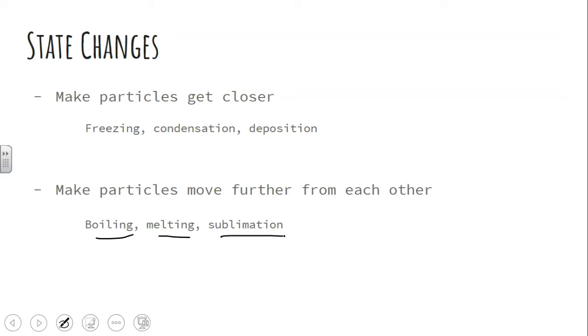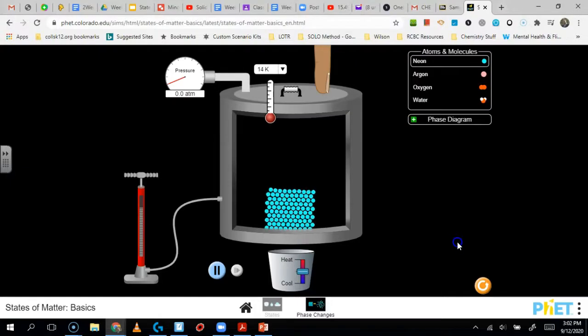Okay, you've probably heard of the first two in each of these, but the last one may be something a little bit different. Okay, but it's all kind of the same idea. Okay, so let me pull up a simulator and show you what we mean about the particles getting closer or moving further apart. So here's a simulator